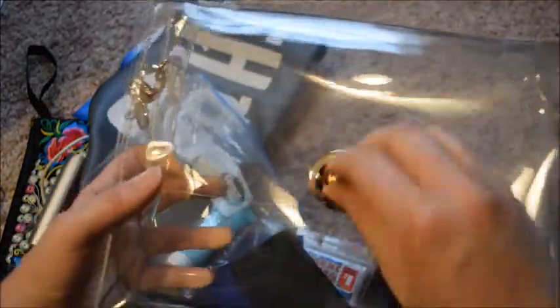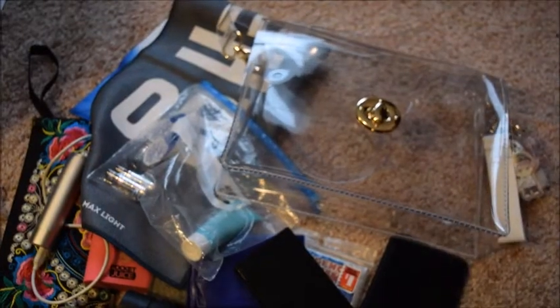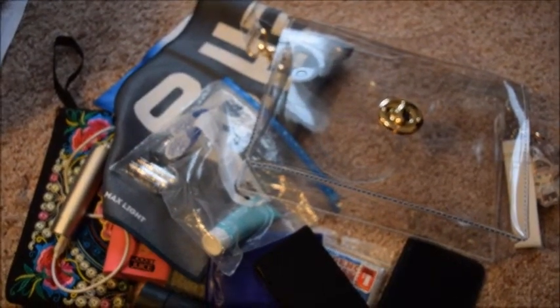So this is the bag more up close. That closes like that. I do like this bag. I hope that it holds everything and doesn't break. But I do like this one in terms of the look of it better than the other one. The other one was literally...